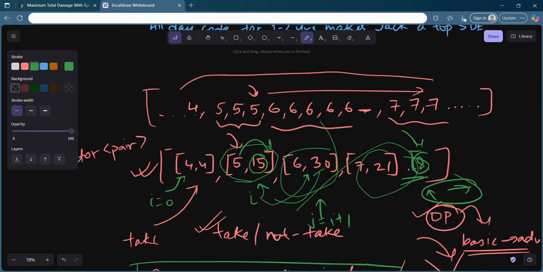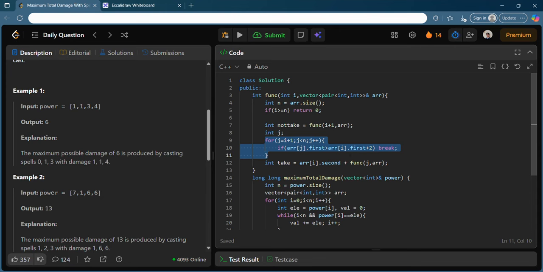So at most it will jump 2 places: 5, 6, 7, or maybe one place, 5, it directly gets 8, or maybe 2 places, 5, 6, 8. So 5, 6, 7, 8, or 5, 6, 8, or maybe 5, 8. I hope you do understand what I'm trying to say. So yeah, that's why this loop works here. It does not give any TLE, because this loop runs for at most 2 times. You could have used a simple if statement also, but if you are understanding the concept and using it, then there is no harm at least.